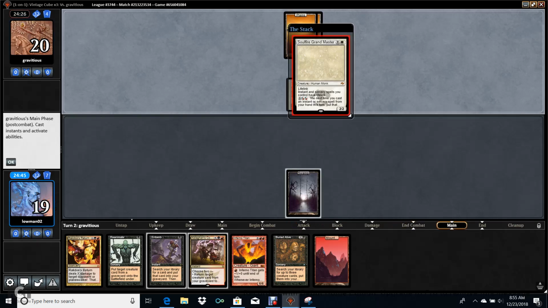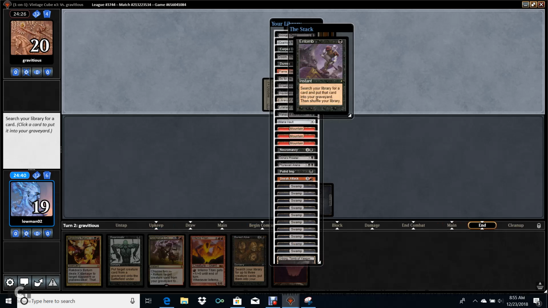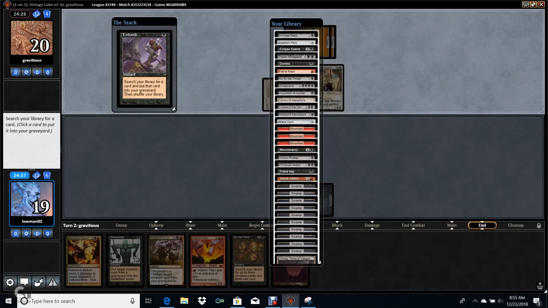Well, what do you do? Okay. Not really a spooky 2-drop. Alright, so Entomb. Is there something better than Gristlebrand? No, Inferno Titan would actually probably be better than Gristlebrand in this matchup, but Gristlebrand...